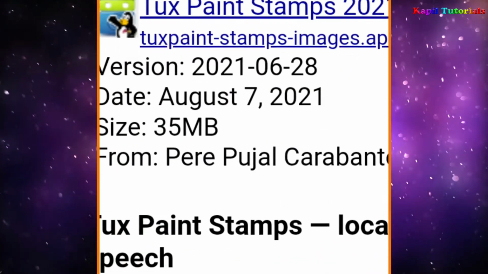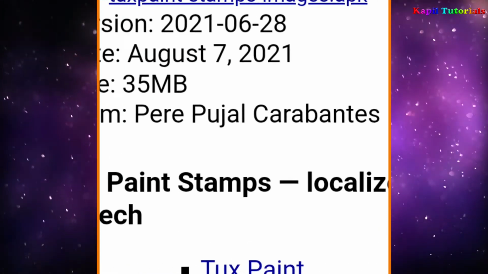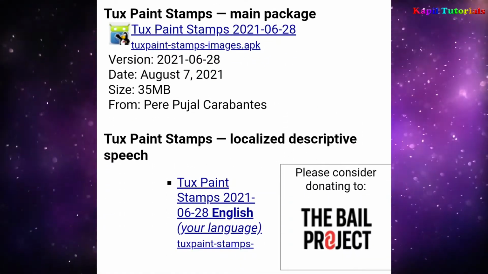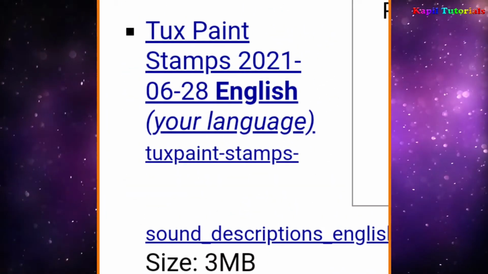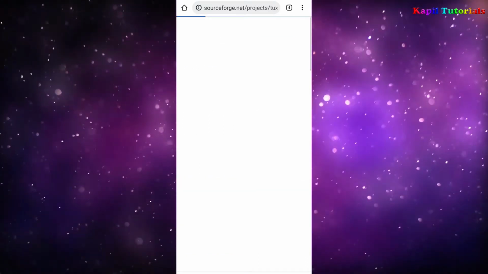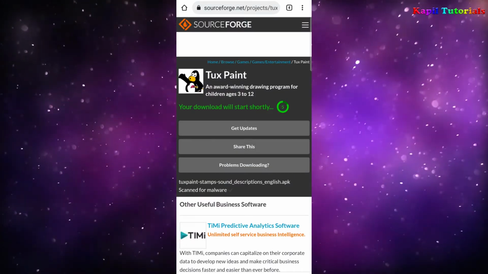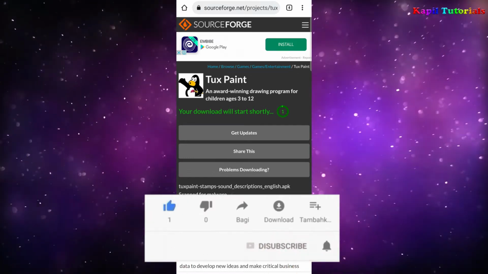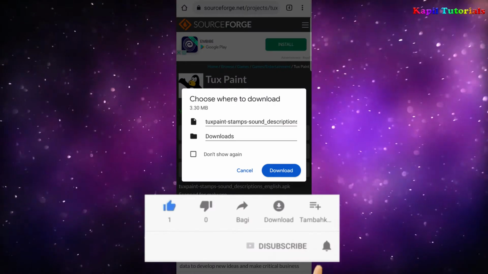Now clicking upon Tux Paint stamps. Stamps are very important because while using the Tux Paint app, you may need stamps like birds, stamp of the birds, animals. Many useful stamps are available. So again it will take little time and it will start downloading.